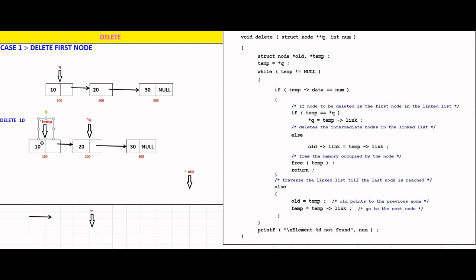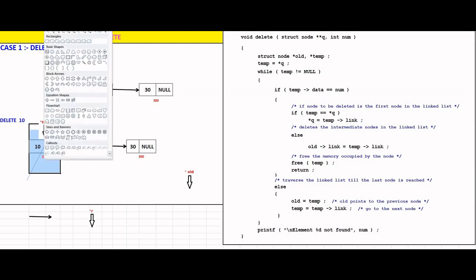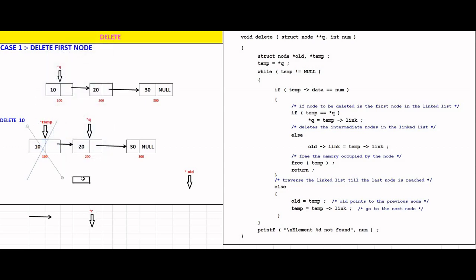So this will get freed. So this will get deleted, and then return. So see, the function performs what? It will delete the first node using these lines.